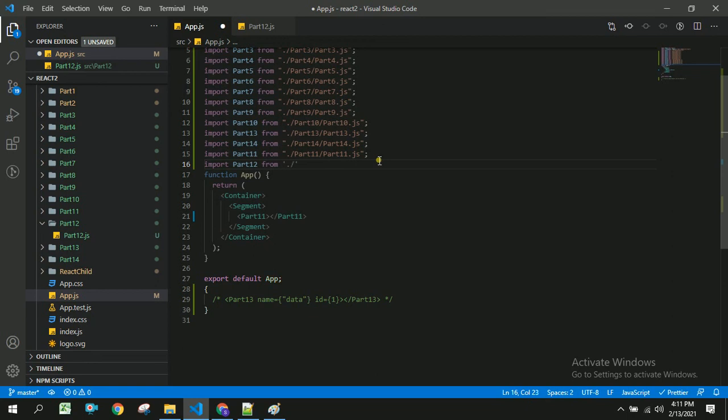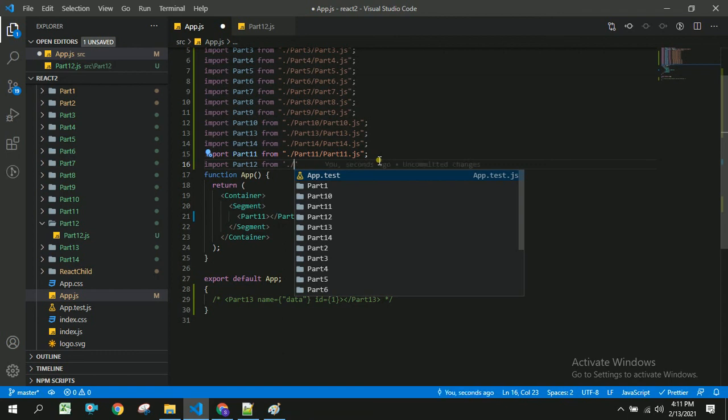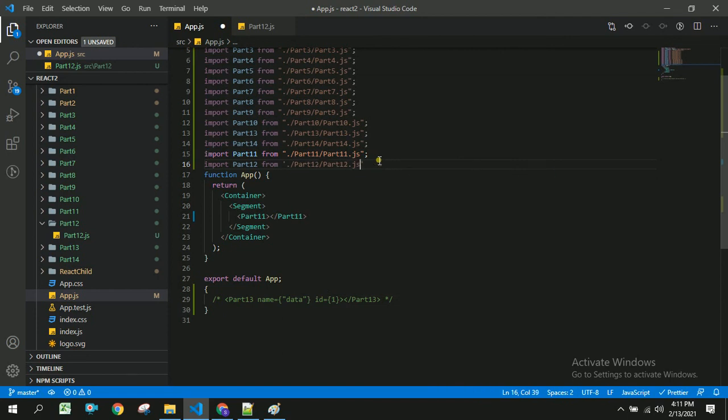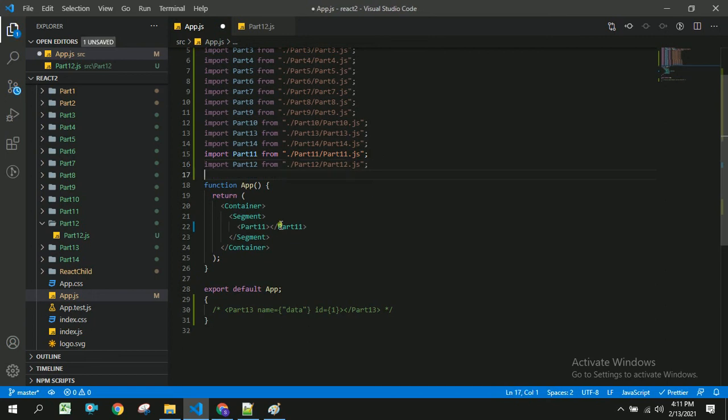Now I am going to give this entire application code in GitHub repos, so you can clone from there and work on this. Now I want to replace this as part 12.